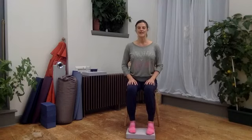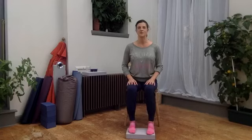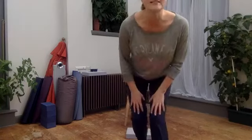So you might like to close your eyes at the very beginning of this practice. Or if you don't feel comfortable doing that, then just lower your gaze down to the ground and have a softly unfocused gaze. I'm just going to check any comments that are coming in,